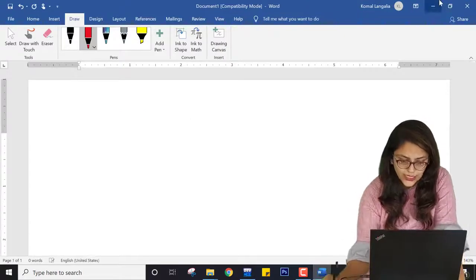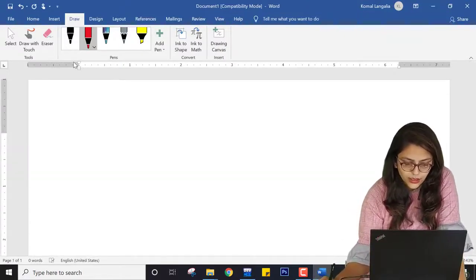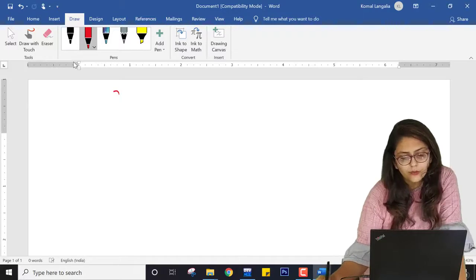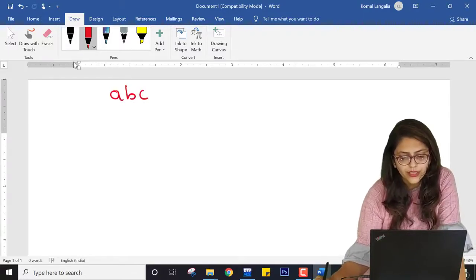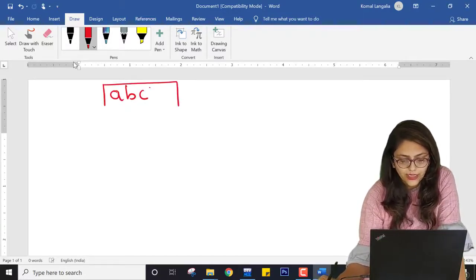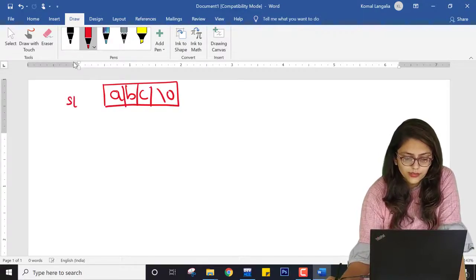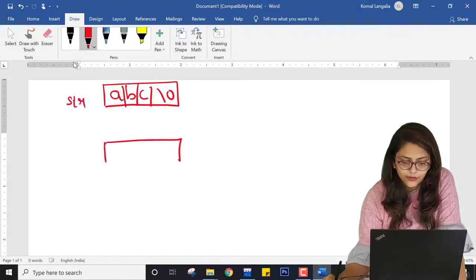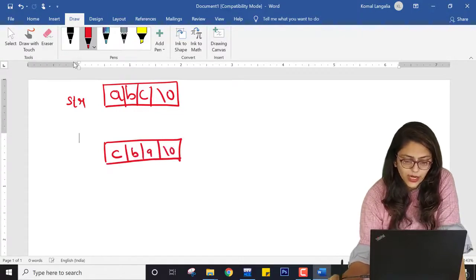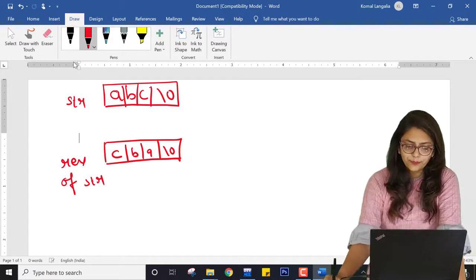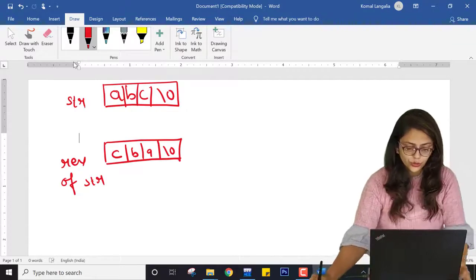If the user has entered say ABC, the string will be like ABC. Now I want the reverse string, that means I want CBA, right? So this is the reverse of the string. What can I do?